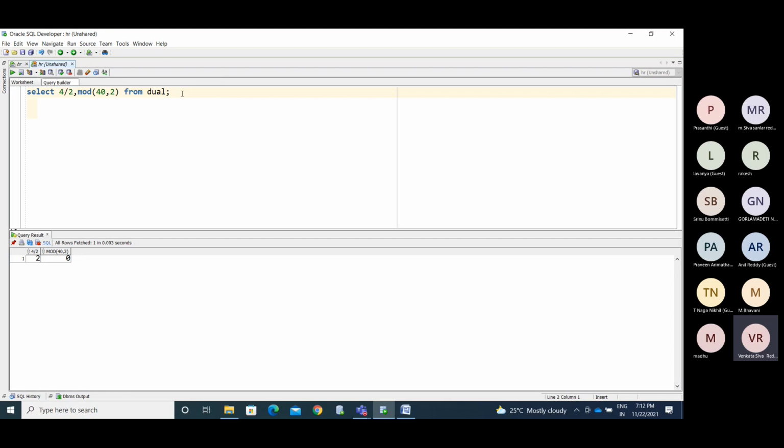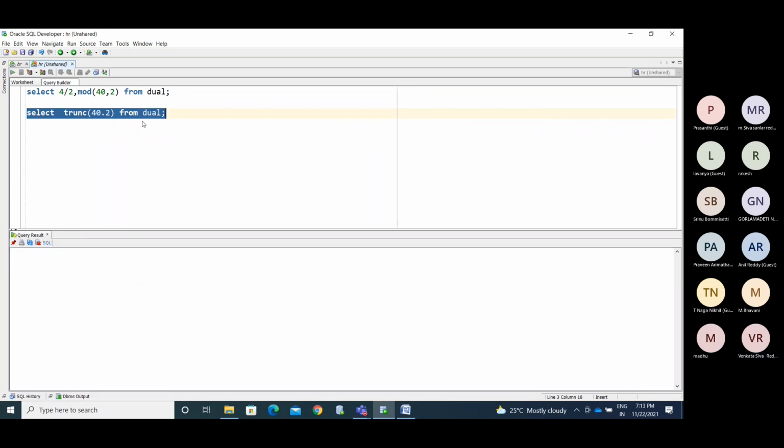So what are the other functions we have? As I said, with round and trunk also, we'll see. 40.2, 40.5, 40.99.